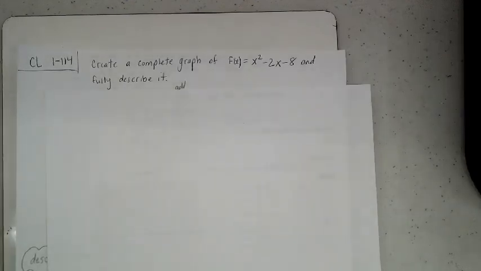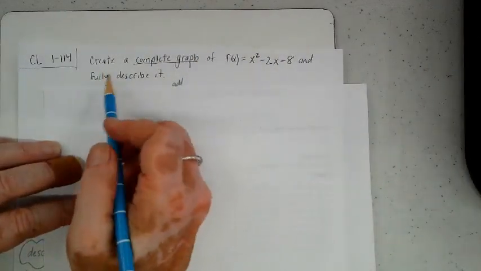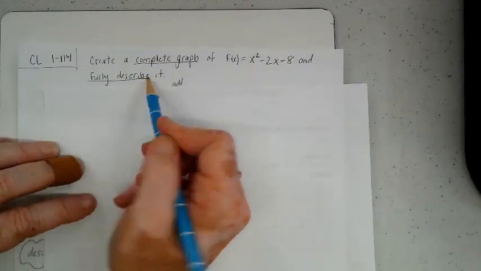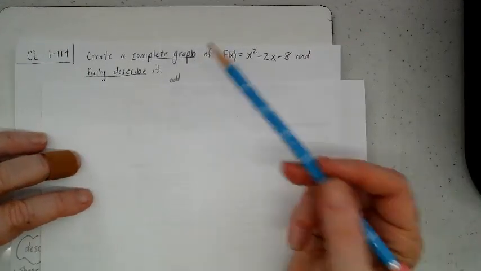Here's Integrated 3, CL1-114. It says create a complete graph of f of x equals x squared minus 2x minus 8 and fully describe it. So we have to remember what they mean by a complete graph, and we have to fully describe it. So I think a complete graph needs to have